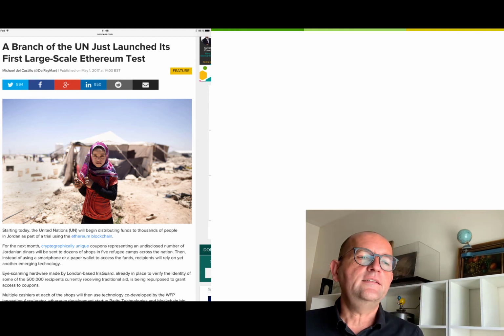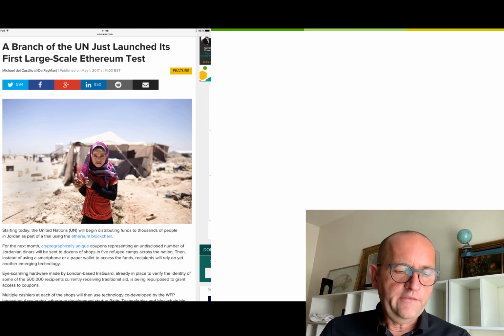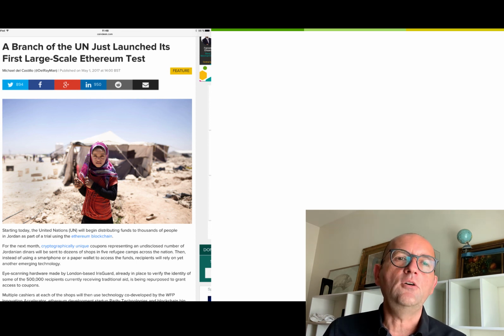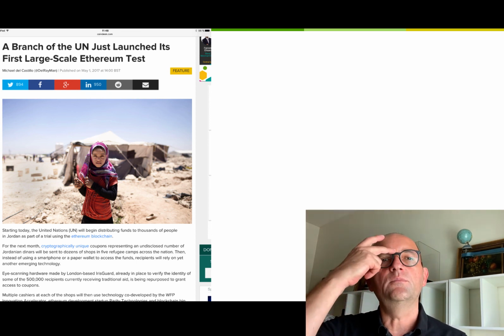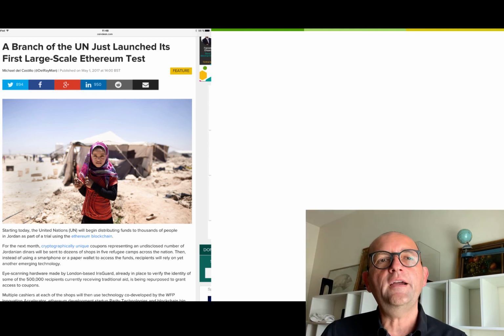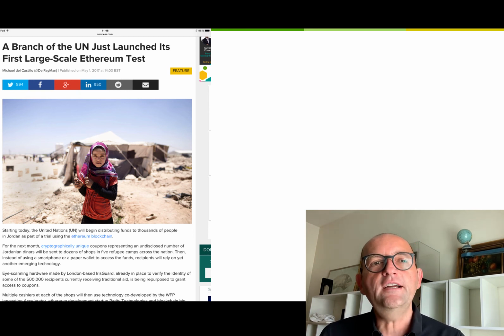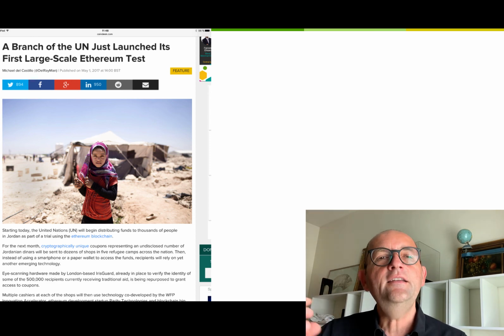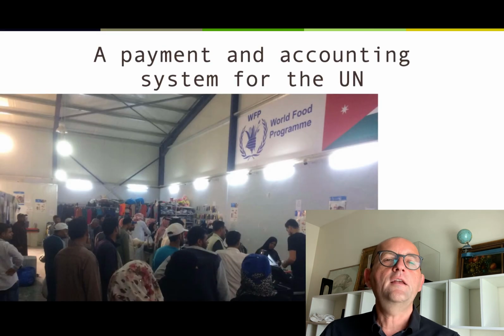And so what we developed for the World Food Programme was a payment and accounting system that would run on the Ethereum blockchain to make it easy to distribute money in a secure way, to preserve people's privacy because they were very vulnerable, and at the same time be fully accountable that the people in need would actually receive the money without any deduction of value. And that went live